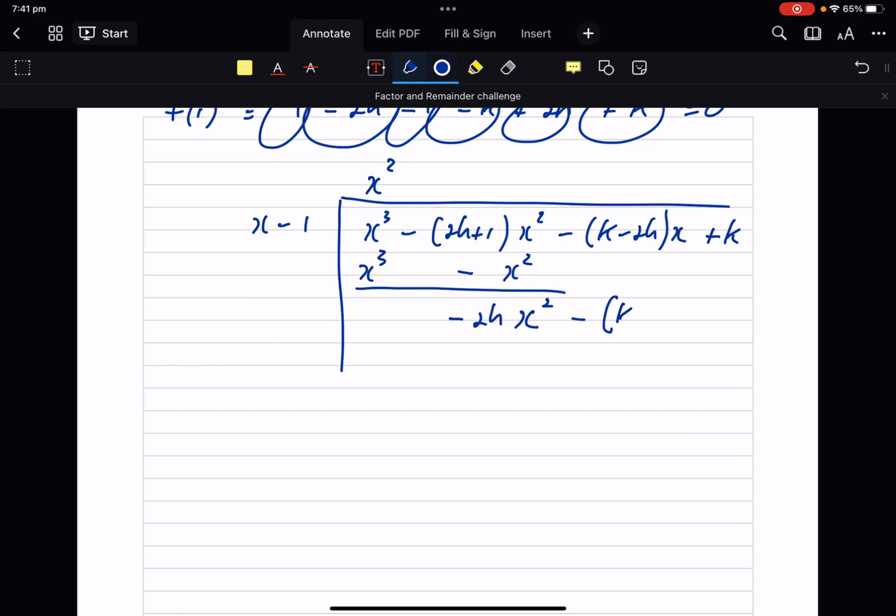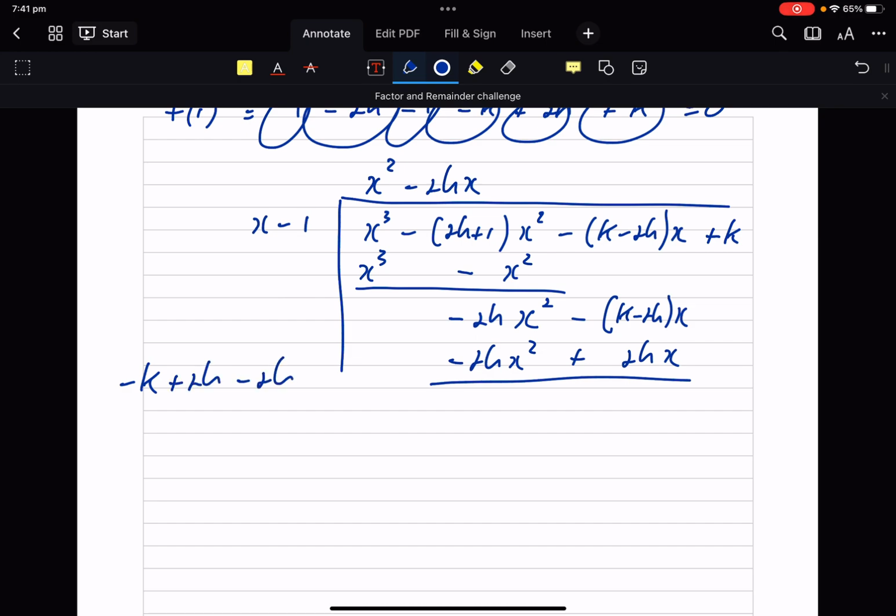And bring down your next term. Divide through minus 2hx. Multiply through, it's going to be plus, and subtracting the first column's 0, and we've got minus k plus 2h minus 2h minus kx, and bring down your next one, get rid of my working, and we're going to divide through